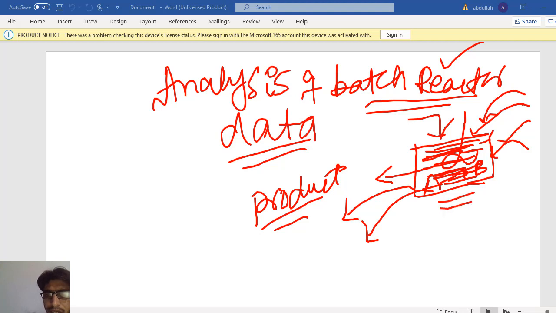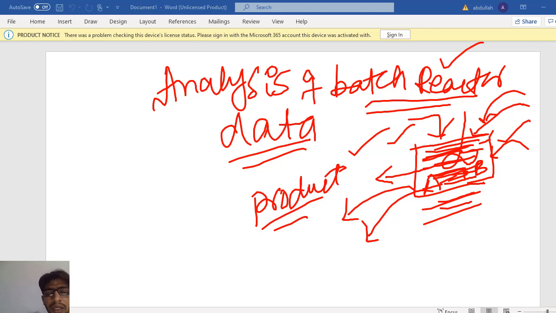The process will continue. 2 or 3 batches are produced in 1 day, or in some cases 1 batch in 1 day. So the batch reactor is used for small scale production and for expensive or explosive materials, and usually in the lab. In the lab we perform experiments, prepare a table, and from this table we obtain the rate of reaction, the rate constant, and the order of reaction with respect to one component or another.